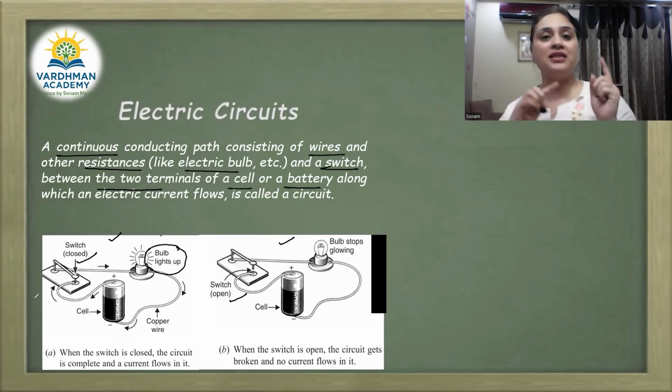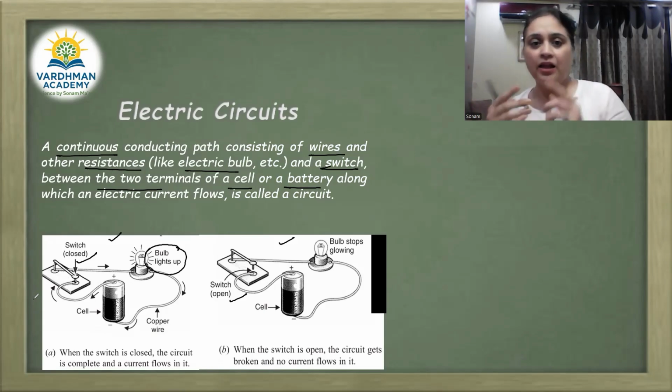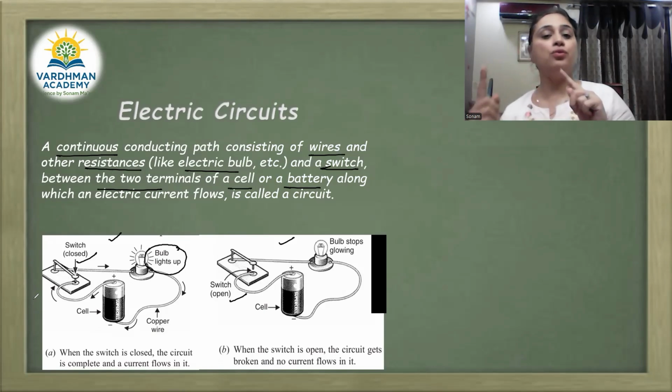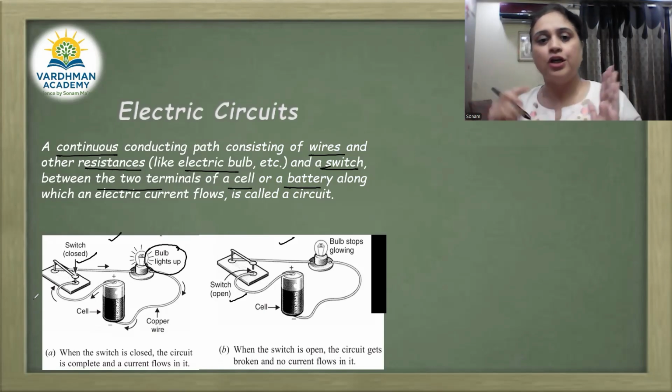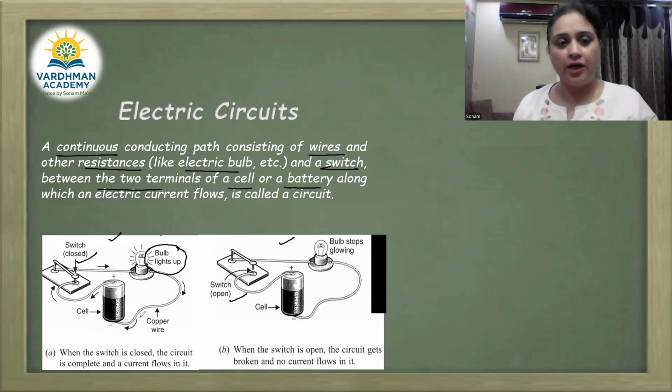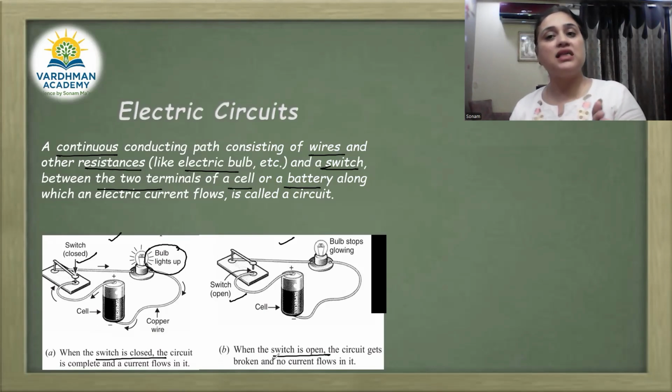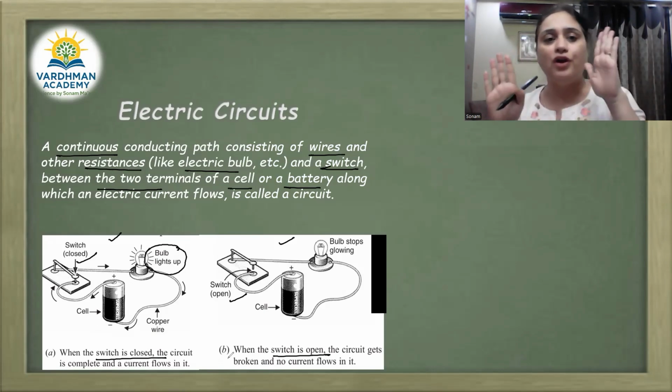Circuit को open कर दिया means you broke the continuity of the circuit. तो जब आप break कर देंगे, so there will not be the flow of current through that loop, so the bulb will not glow. So आपको ये ध्यान रखना है, children. So when the switch is closed, basically the circuit is closed and the circuit is complete. And when the switch is open, children, the circuit is incomplete, and the bulb will not glow.